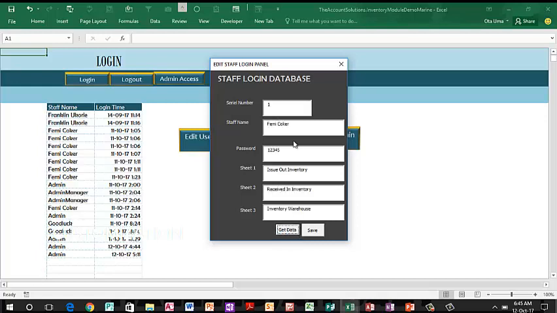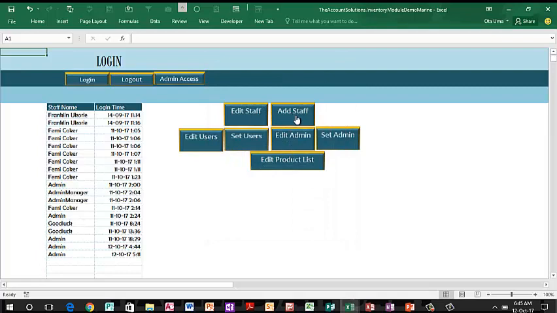I already have Femi Cooker and this is the password of Femi Cooker. Now Femi can only see or use the inventory out sheet, inventory in sheet and the inventory warehouse. He cannot see more than these 3 worksheets in this template. Now you can also edit here and change what Femi can have access to, or you can add a new